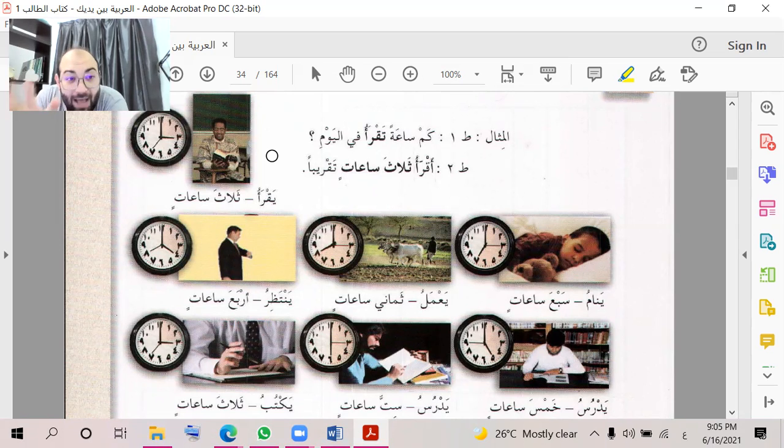This is in terms of present because we put ta at the start. كم ساعة تقرأ في اليوم. Okay. كم ساعة, if I want to change ينام, أستاذة خياطي, what I will say, كم ساعة أنت تنام. You see here, تنام. كم ساعة تنام في اليوم؟ Yes, you, أستاذة خياطي, كم ساعة تنامين في اليوم؟